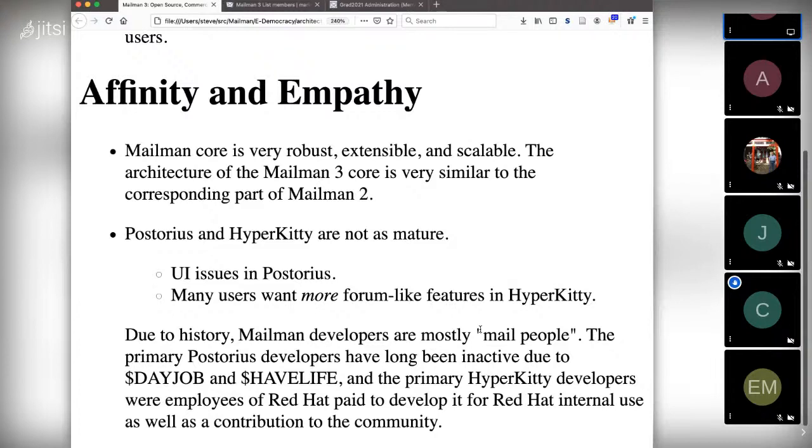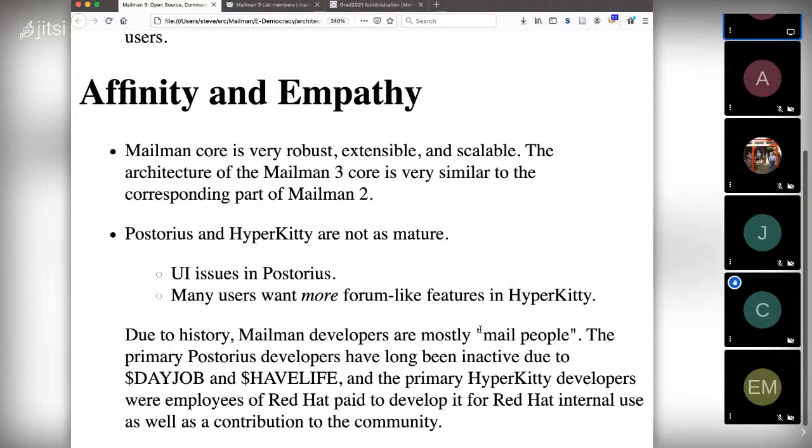So, the bottom line here, and I think it would be interesting to discuss, is that from my point of view, the success of Mailman 3 is going to be dependent on this division into the 3-part architecture, and that we're already seeing substantial success in terms of large investments from external development organizations.